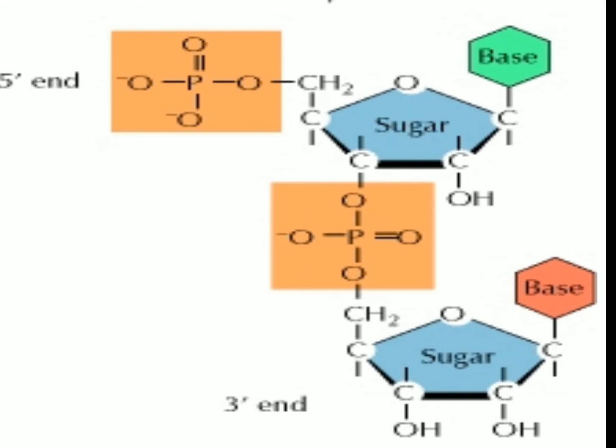Now, they form nucleosides such as, with adenine, they will be forming deoxyadenosine. With guanine, they will be forming deoxyguanosine. And with cytosine, they will be forming cytidine or deoxycytidine, and similarly deoxythymidine and uridine. When a phosphate group is linked at the 5'-OH of the nucleoside through a phosphoester linkage, a corresponding nucleotide is formed, depending upon the type of the sugar present in it.